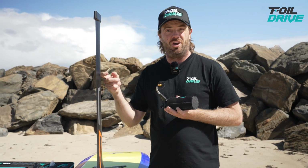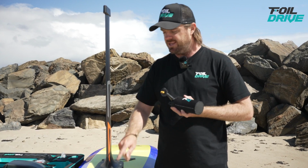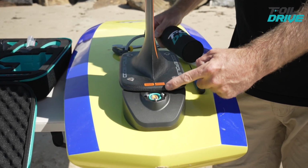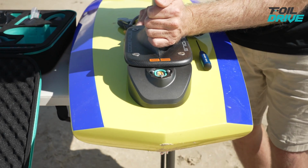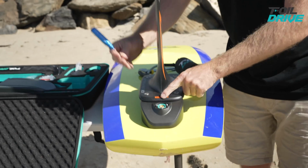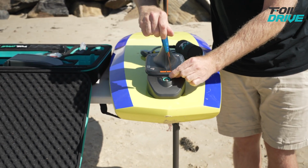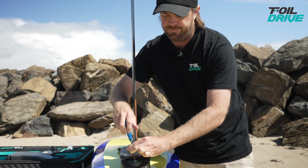And this is another reason why I ran the mid-tracks today. It has quite a big base, super strong mast, but it has a very big base. And if you look down here, you can see if I was to try and plug the motor cable in, the base is in the way. That's why there's slots in the main unit. So if I was to push the unit back and bring the mast further forward, now I've got sufficient space to plug the motor cable in. So I'm going to take these 3 M4 10mm long stainless steel bolts out,